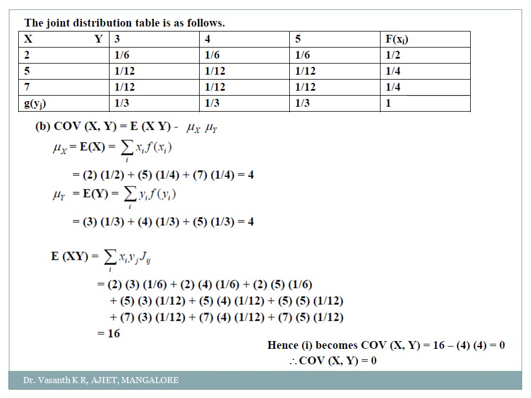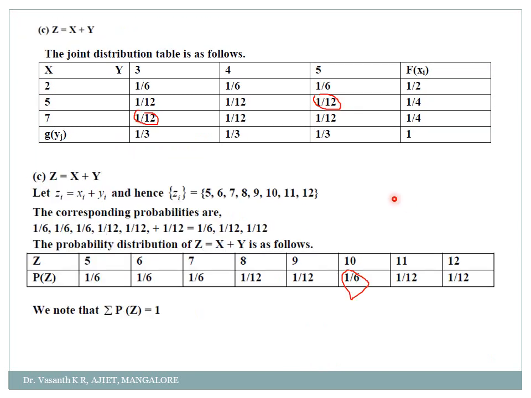Okay. Now I will go with the next part, dear students. So they had asked me to find the probability of z, that is probability of x plus y. This is your C question. But this table I have just written for my reference so that I can explain here. So probability of x plus y. X plus y means first we should know what values will be there for z, that is x plus y.